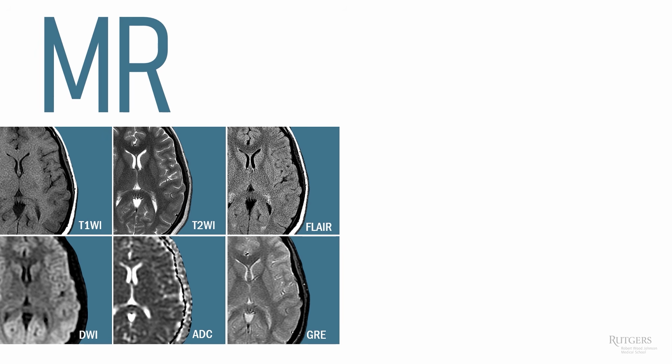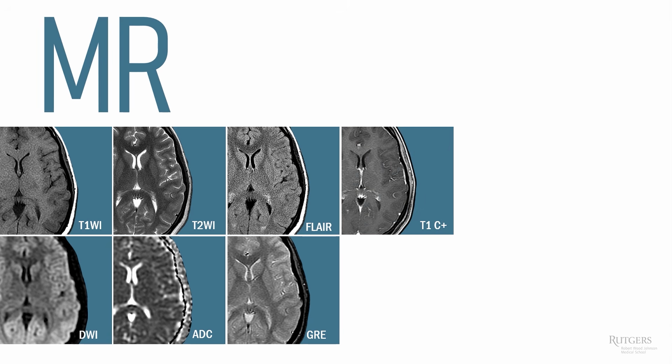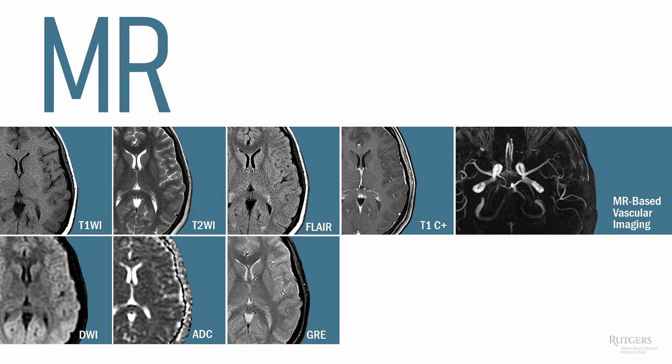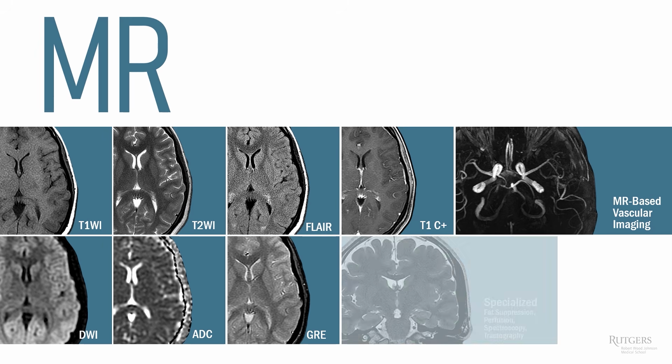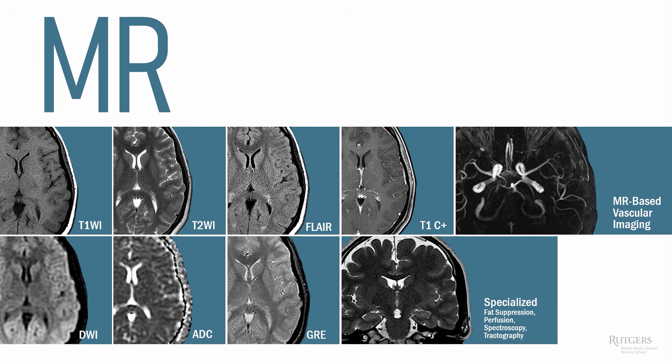If you want to finish your meal with a cup of delicious coffee, may I suggest T1 with gadolinium contrast, but this must be ordered separately and you'll have to pay extra. MRI can also image vasculature, which requires an order for MR angiogram. Finally, there are numerous specialized sequences including fat suppression, perfusion, spectroscopy, tractography, etc. There are more fancy MRI sequences than Ben & Jerry's ice cream flavors. MR angiogram and special sequences are outside of the scope of this talk. You can't digest everything in one meal.